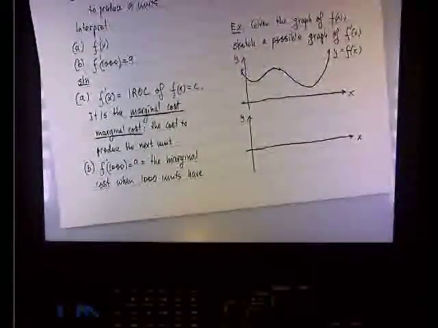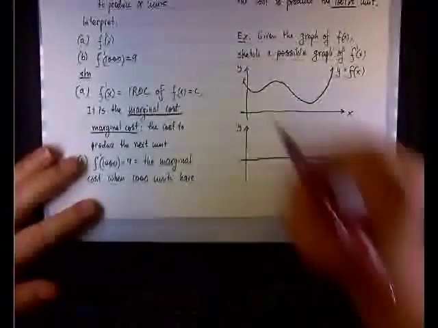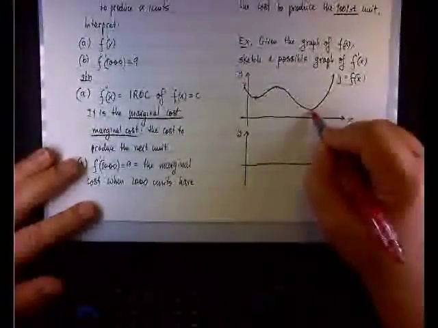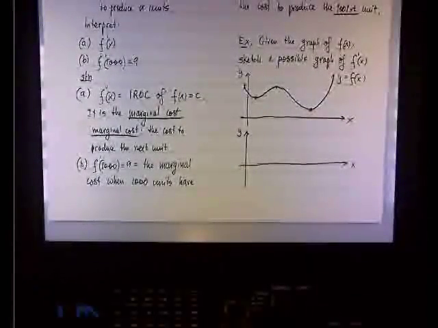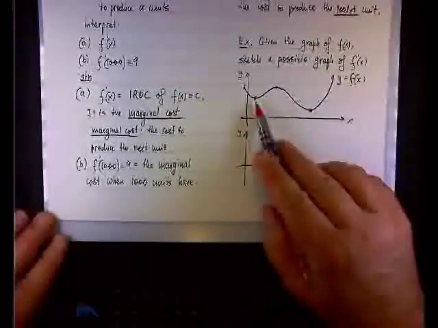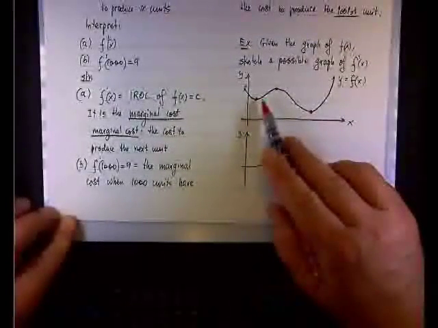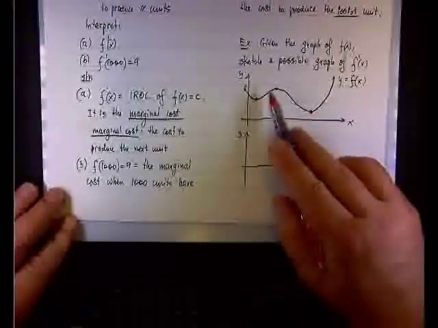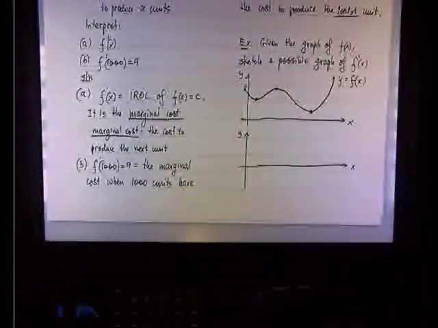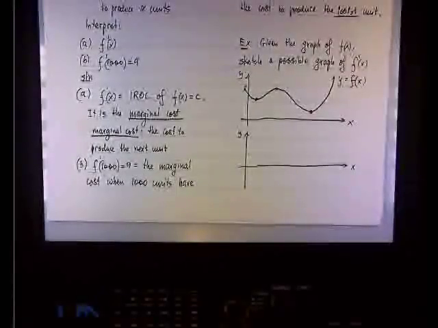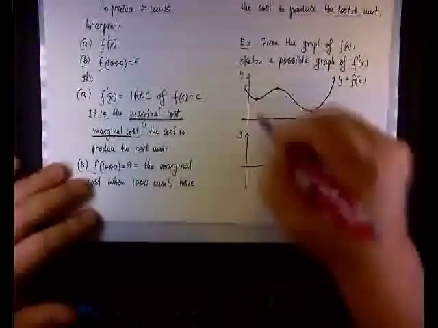And why am I considering? Remember, f prime is the tangent at any given point. First of all, the easiest point to realize is when the tangent is completely horizontal. And this will happen when the function ceases to decrease and starts increasing, or ceases to increase and starts decreasing. Every time the tendency of the function changes. If the function is increasing and then decreasing, it has to go through slope of the tangent equals 0. So in this point right there,